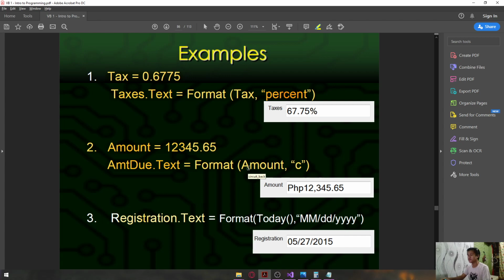Amount due the text is equal to format amount C. So again, C is for currency. Since we are here in the Philippines, before the value there will be a currency sign. The currency sign here in the Philippines is PHP, so PHP 12,345.65. Okay, and one more thing, it has a separator. I think I've clicked this one, highlight text. Well, anyway,